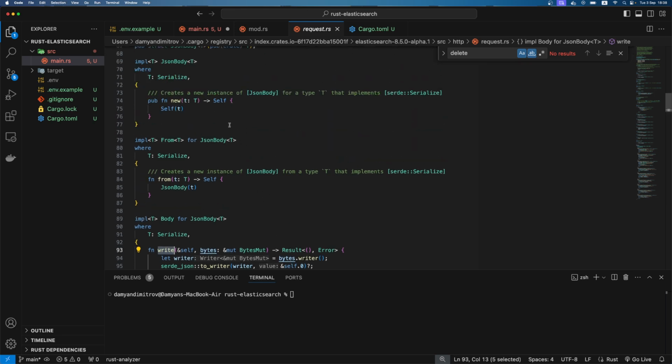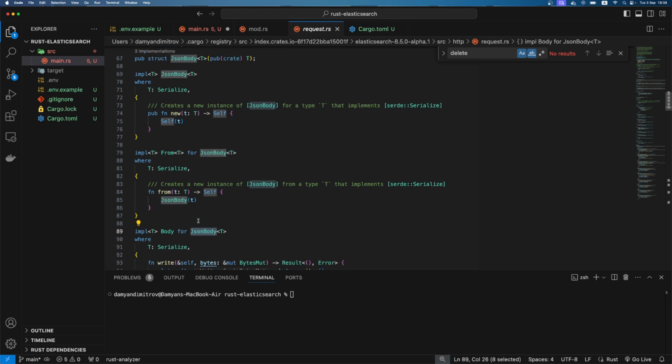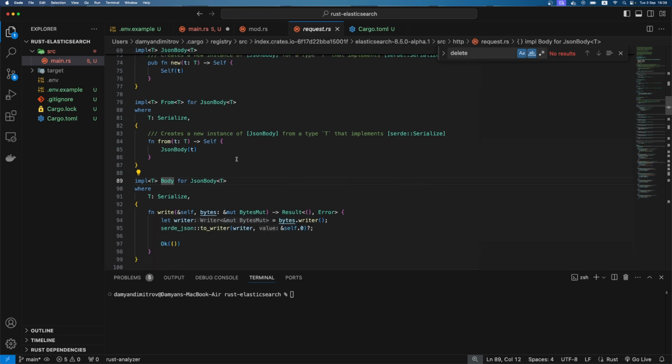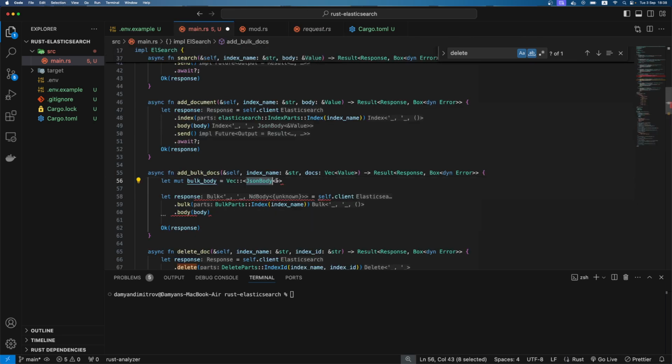So we have it for this struct. This implement. Maybe we can also implement something for ourselves, but let's for now make it like this. Use the JSON body. And JSON body also needs a type annotation, but I have to add to make it like this and specify that I want to create this JSON body from value and new. Okay, like this I specified the vector what kind of